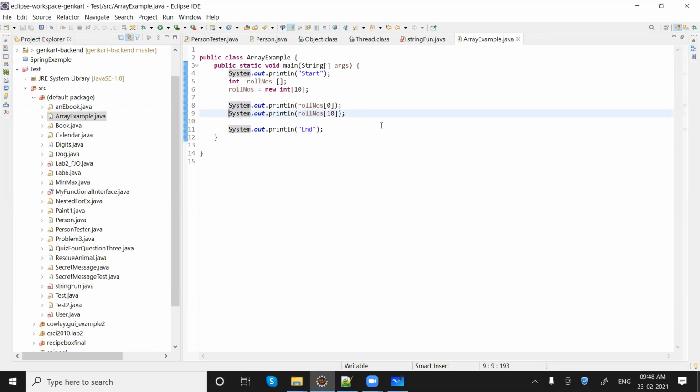So make sure when you work with an array, do not go beyond the limit. What I mean by limit is the available indexes: the least index would be 0 and the max would be size -1. Getting my point? Now next thing, let's say I want to initialize these roll numbers. For example, for the time being I'm just taking 5 roll numbers.